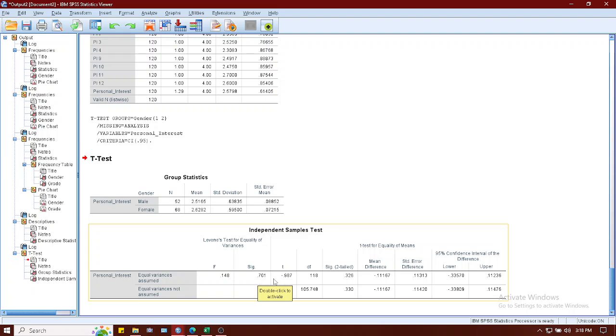Later I will tell you the significance of the Levene's test for equality of variances sig value and how to use it when reading the result of independent samples t-test. So this is how easy doing independent samples t-test, and then you will create your application project number 1.